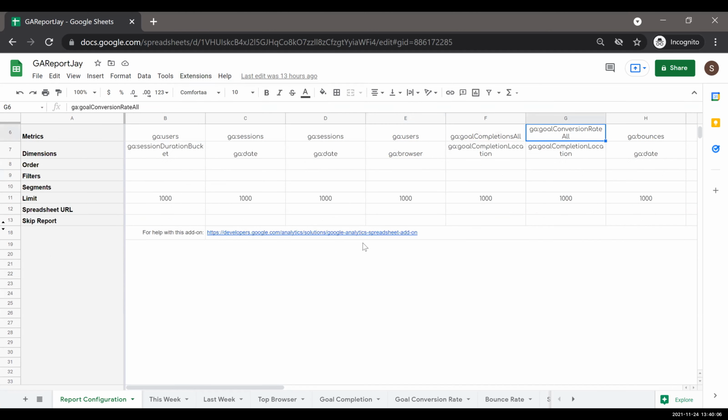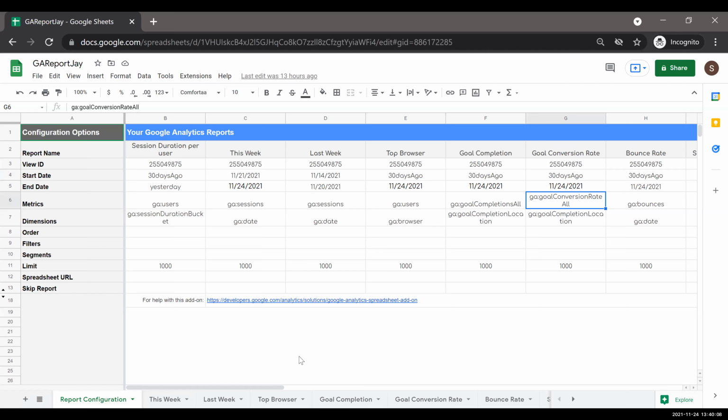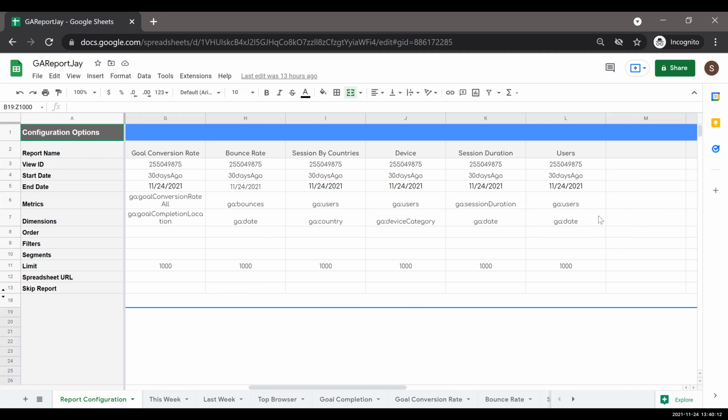Okay, then if you want to create a new field, you just go over here and then you see what kind of field you want to create. We got the link to see what kind of field you want to create. For example, if you want to see users, you just search for users.